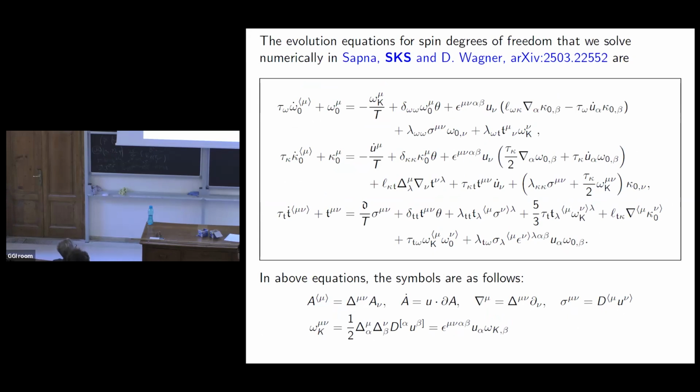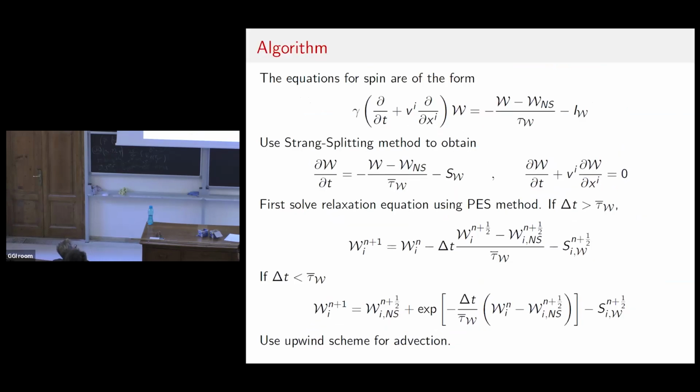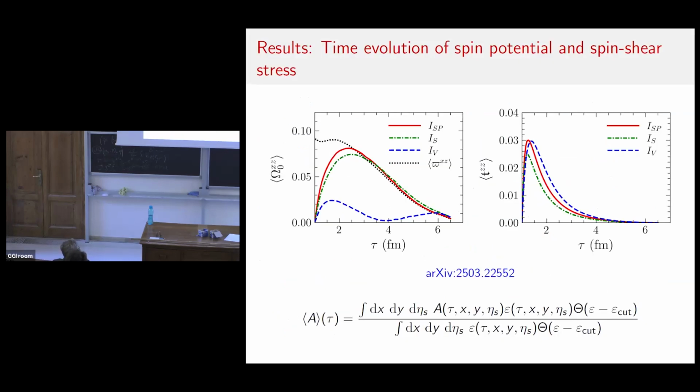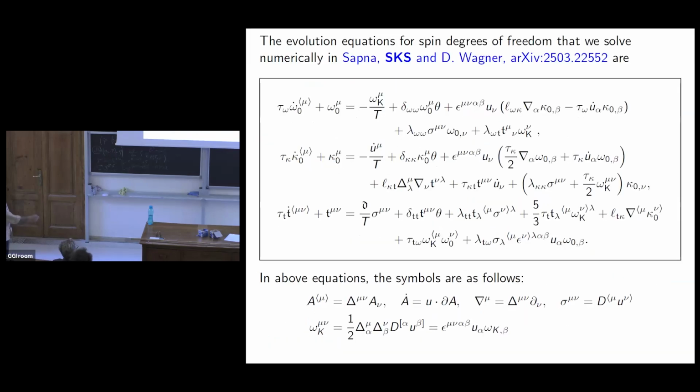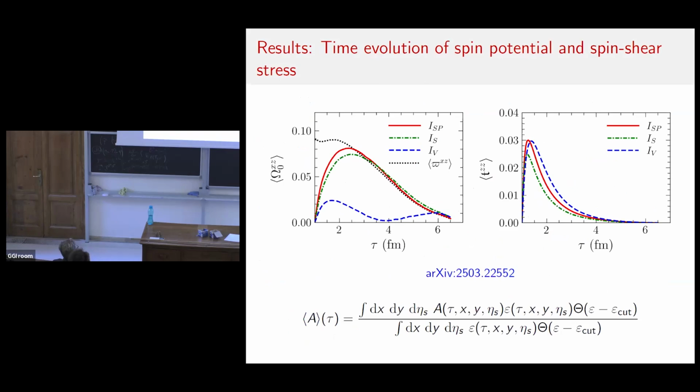So initially this is dominant, which leads to a damping, but after some time, the relaxation dominates and drives it towards equilibrium. And on the right plot, we show the time evolution of the mean of the ZZ component of T. There are other components, but this is the most dominant contribution here. And what we see is that initially the dissipative part quickly relaxes to its Navier-Stokes limit, which is this. So at very large time, this effect is essentially zero, and this is easily understood because we are now closer to the equilibrium.